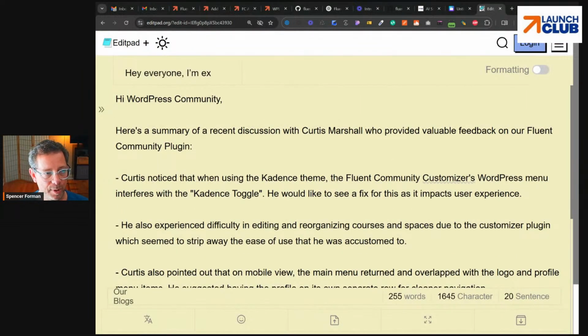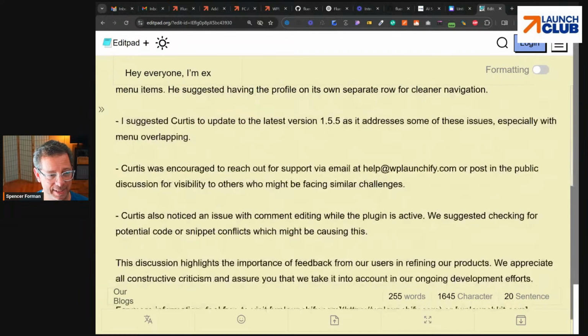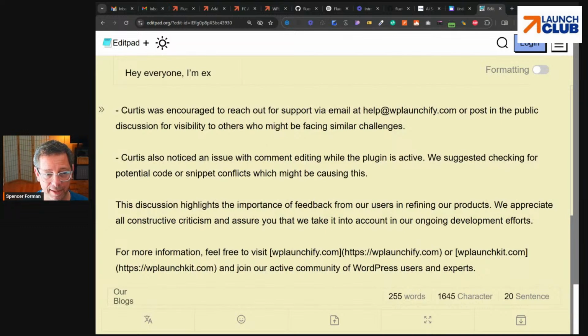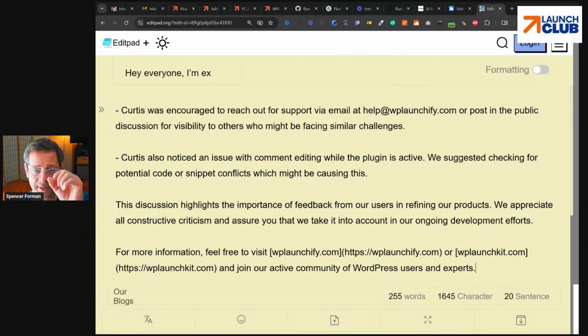So what it did is it went into third person mode. Hi, WordPress community. Here's a summary of a discussion with Curtis. And it summarizes it. I mean, it's interesting, but the point being, it also allows me to spit out those custom links. I could also tell it if I wanted to give it a UTM variable so that it was easy to track this particular discussion. So it would have a UTM like the source, as well as a specific thing that would later work in the Fluent CRM.